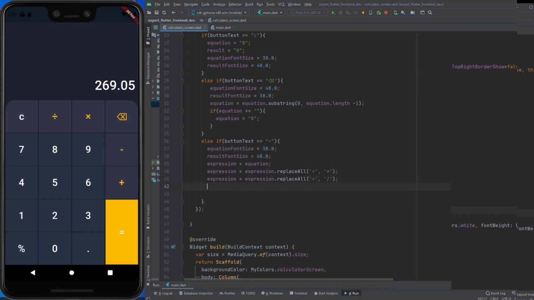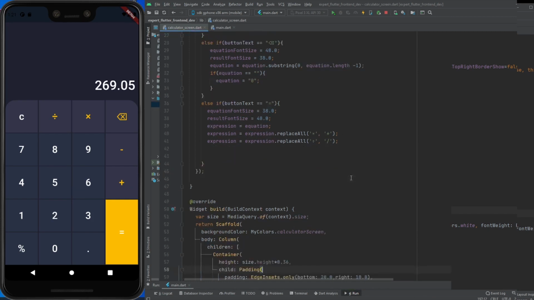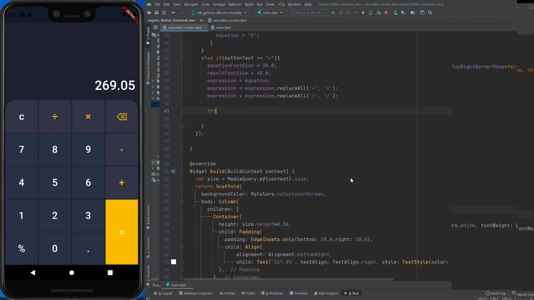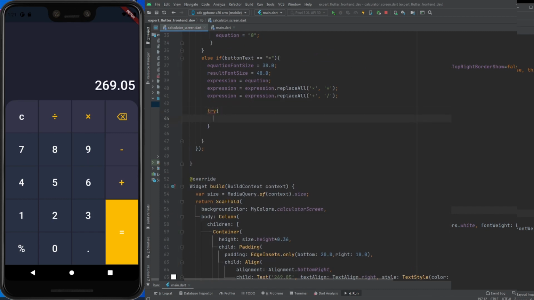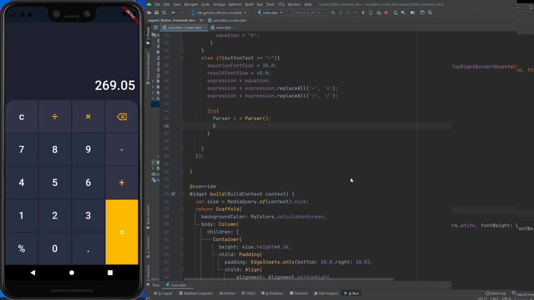expression dot replaceAll. It's a string value, so we need to change it. We need to replace a string value into a mathematical operation, like multiply. So I have replaced the x value with the multiply star, and I also replaced the divide sign with the mathematical divide.